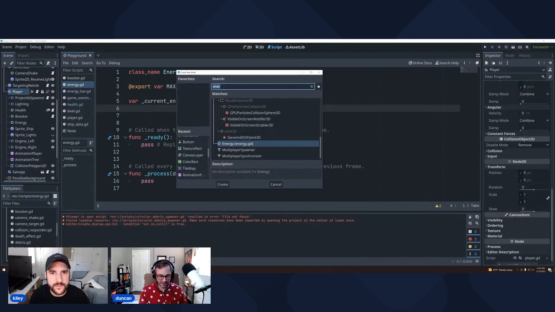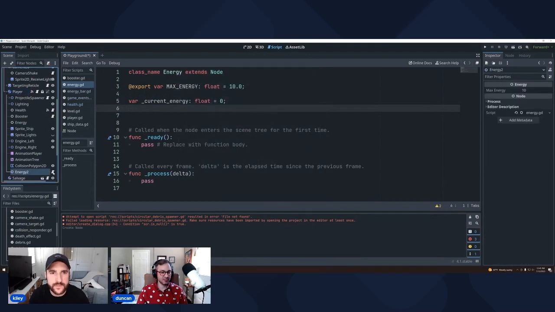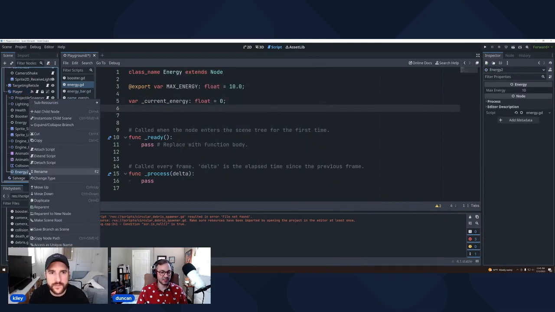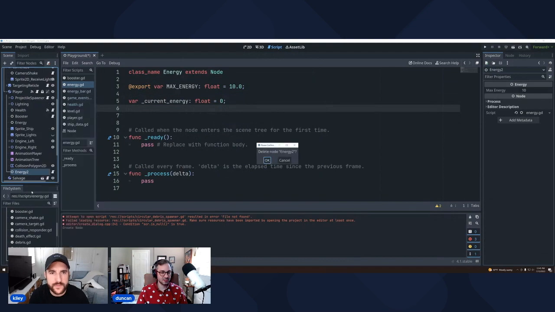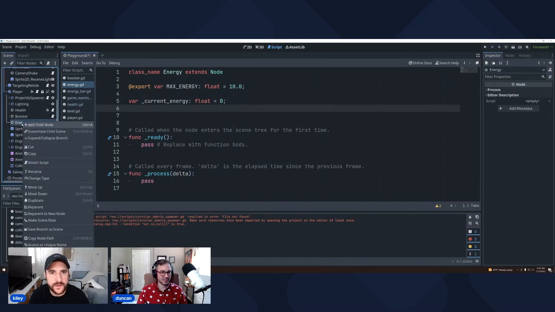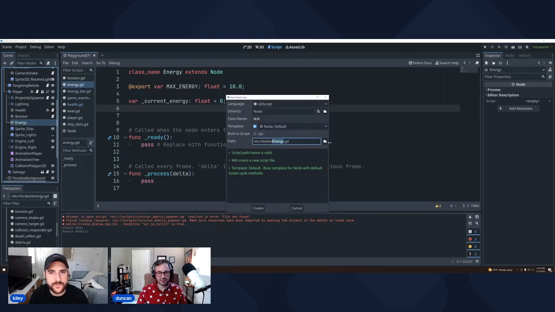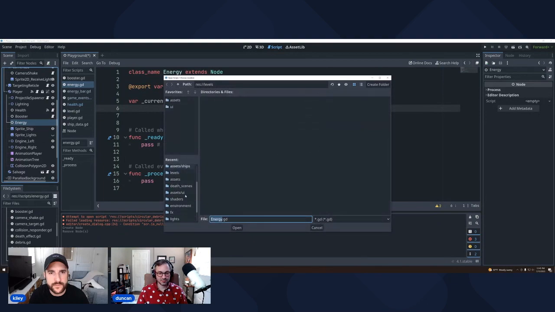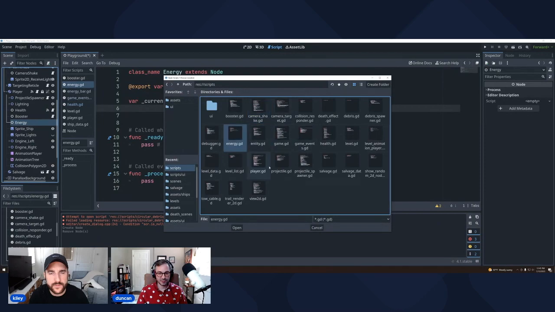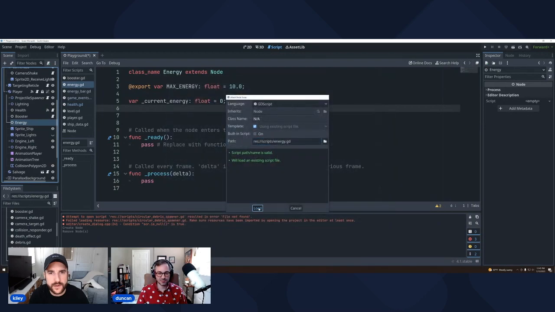Now if I add it like this and it shows up here, it's going to create the node with the script automatically attached. So we actually went ahead and made the node before we made the script. So let me attach the script, and then go to my scripts and find energy, right? So that's how you attach a script.